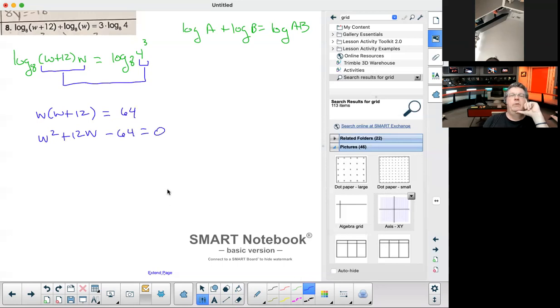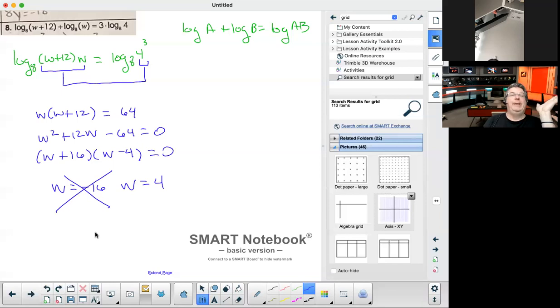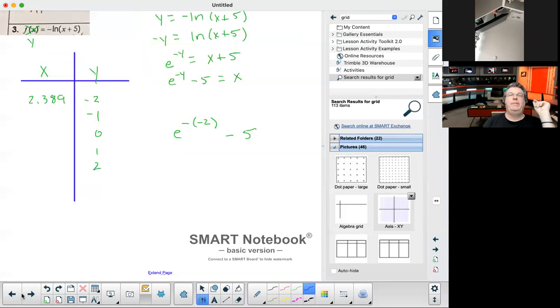16 and 4. How good are you at factoring? Yeah, I understand it. Okay, so then you have to be careful, because you cannot take the logarithm of a negative number. Right, so then you cross out the 16. Yeah. Now, sometimes plugging in a negative will work. Case in point,